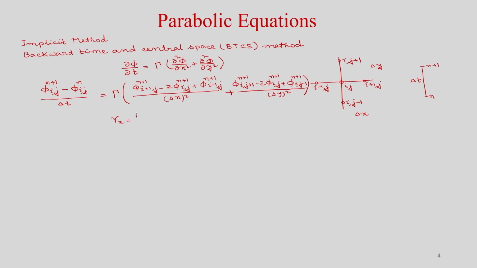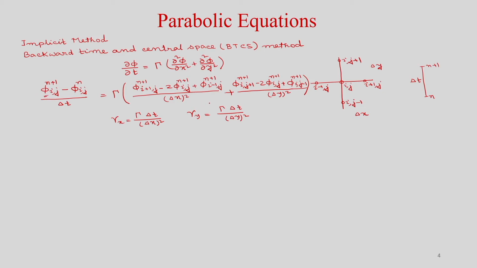So, if you write gamma x as gamma delta t by delta x square and gamma y as gamma delta t by delta y square. Okay. So, then what you will get? Now you see there are more than one unknowns, only known term is phi i j. So, phi i j let us keep on this side and phi i j n plus 1 you take